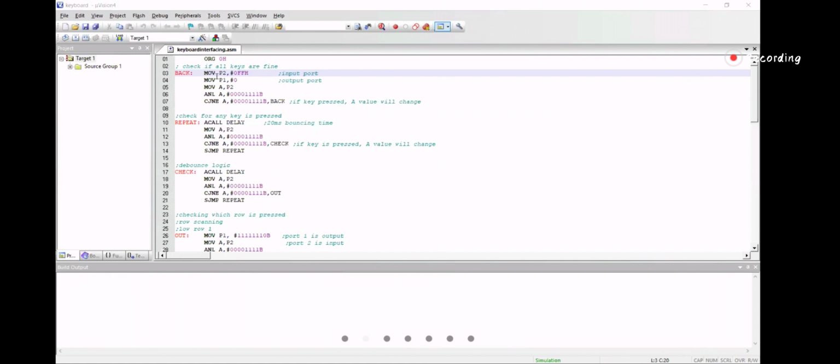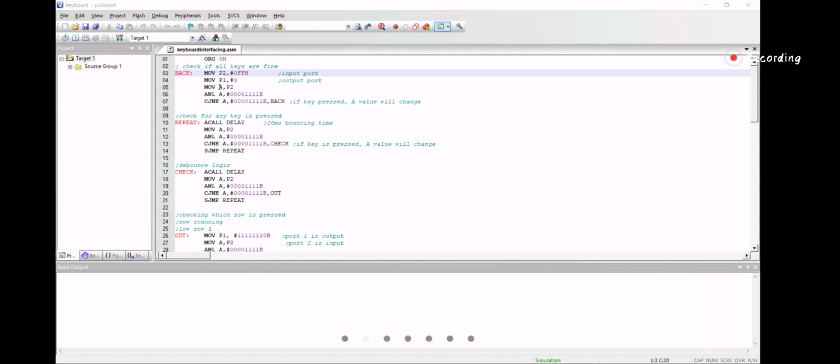Then I'll ground all of port 1, so that means all of port 1 will be 0. Now I'll bring the port 2 values to the accumulator.